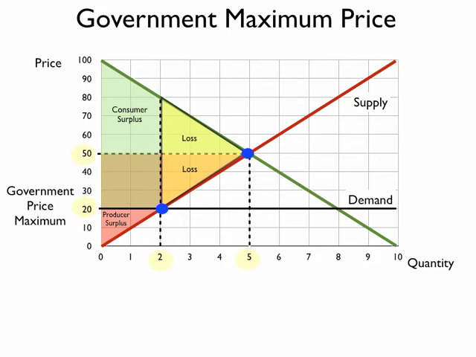The other thing that's going to occur is this area here now, the consumers, those first 2 consumers are going to be able to pick up that surplus area. The consumers gain this area at the expense of the producers. Remember, those first 2 consumers used to pay 50 for a pizza, now they only pay 20, so they're picking up essentially 30. The difference between 50 and 20, they're picking up 30 in additional consumer surplus